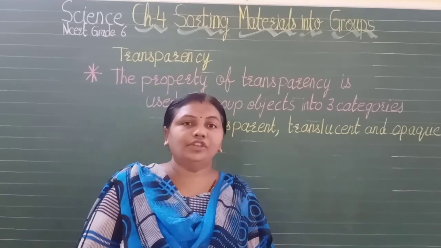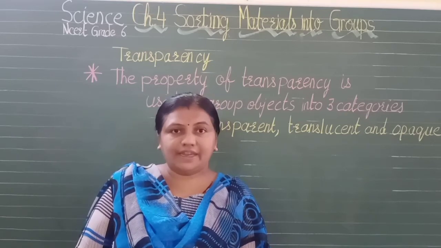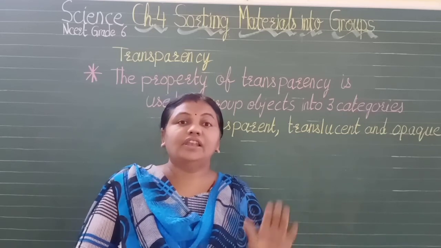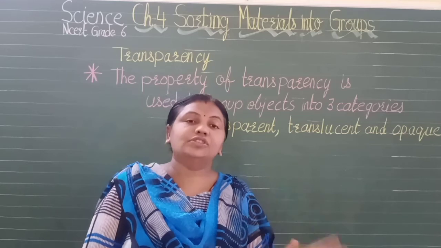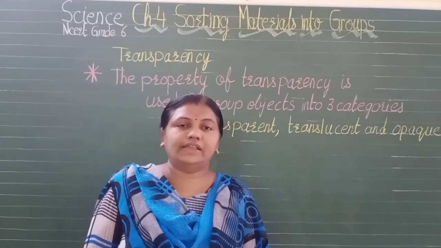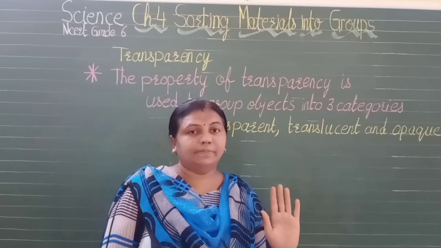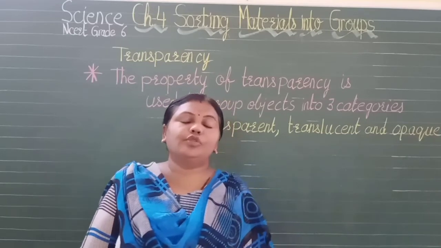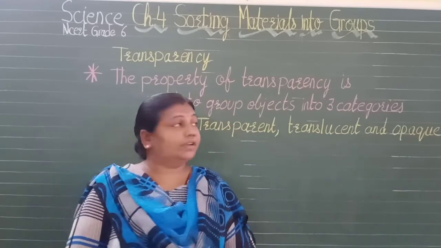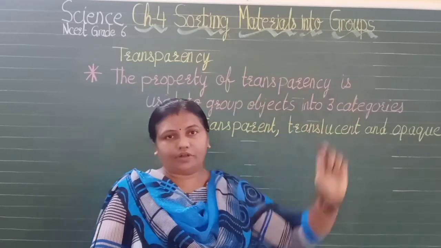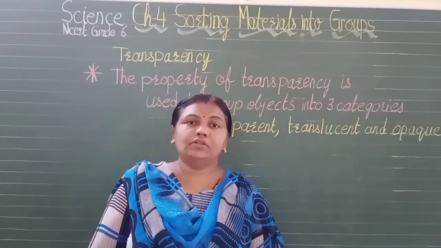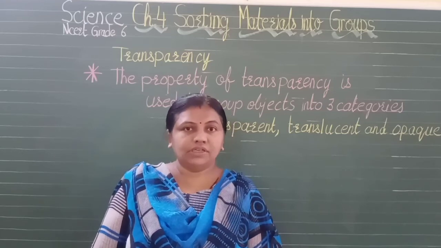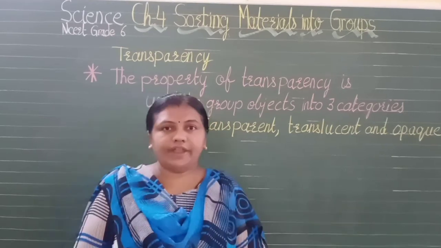And even when you shine a light on your palm in a dark room with the help of a torch, light will pass through it, isn't it? So your palm can also be an example of translucent, but a simple palm will be considered opaque. So students, now you have learned that sorting of materials is very important, isn't it, to find things easily. It is a simple way to find things.